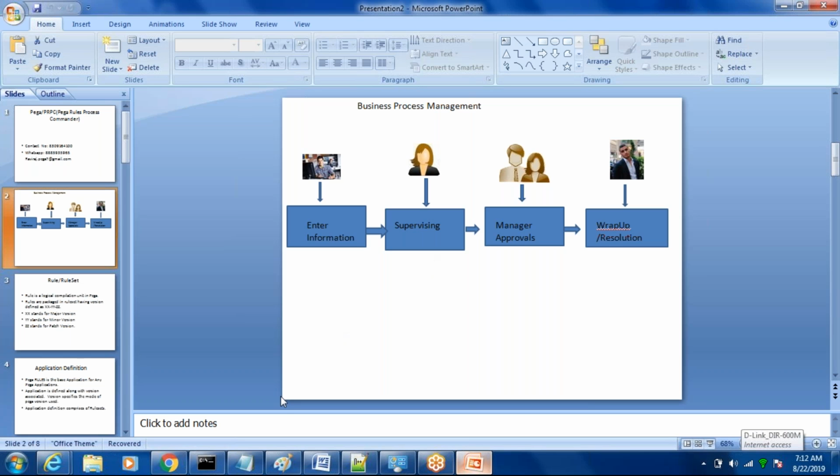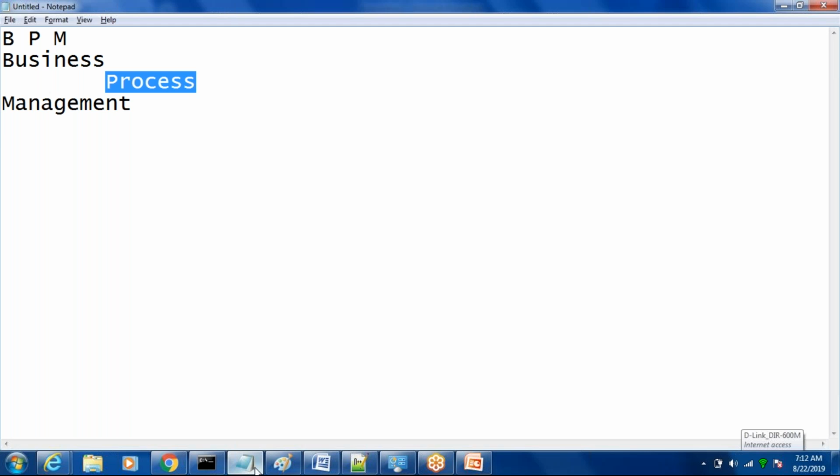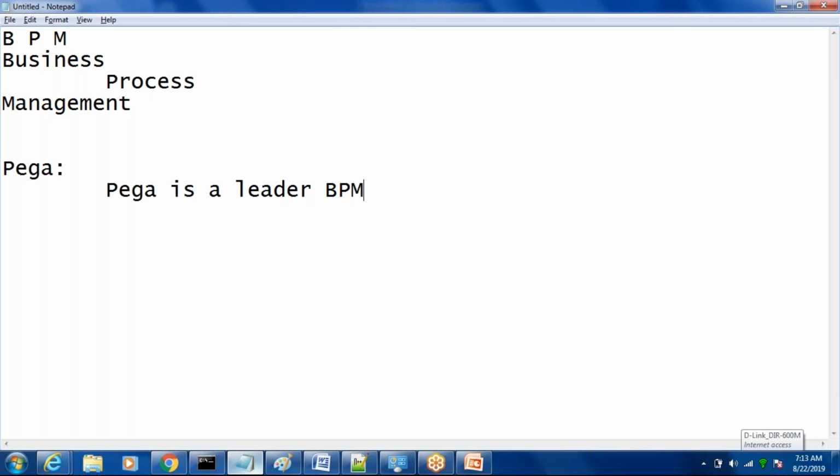Okay, so though we have multiple software and tools available to develop these BPM applications, why are people still choosing Pega? It has been standing as a leader of BPM for the last 10 years. Even prior to that, I'm not aware, but probably before that also. Pega was introduced in 2000, or in the 1990s itself, but it was not that familiar in those days.